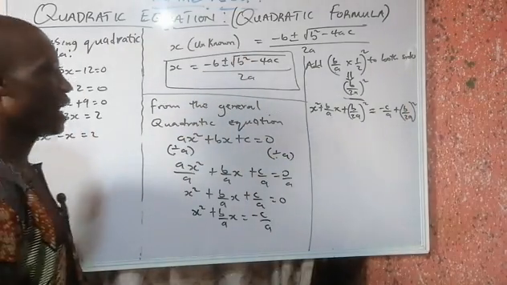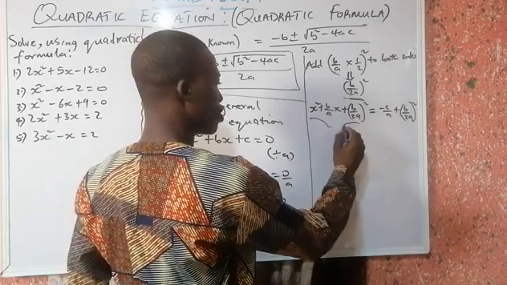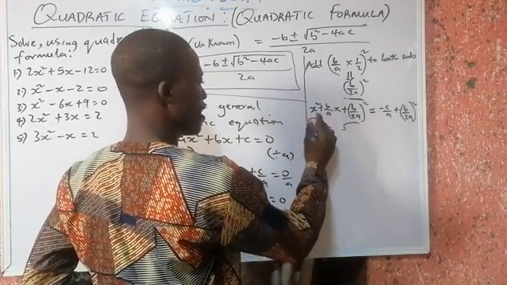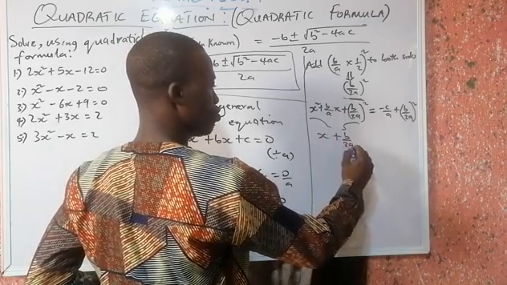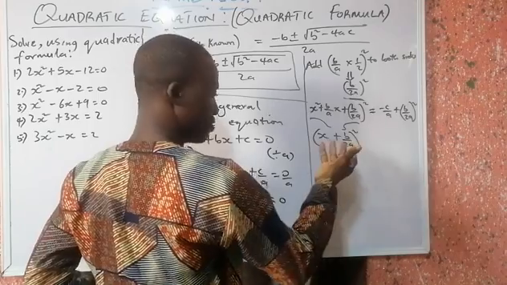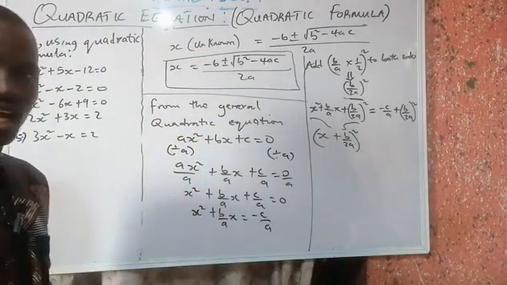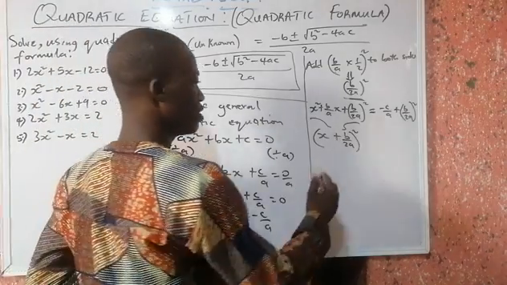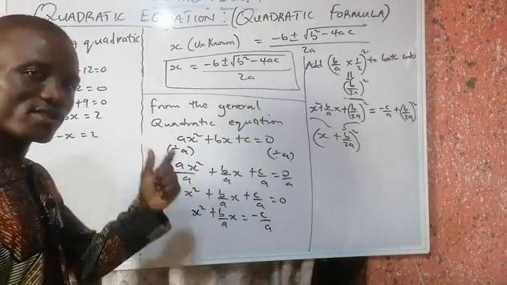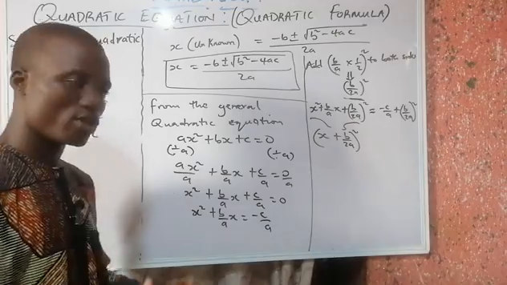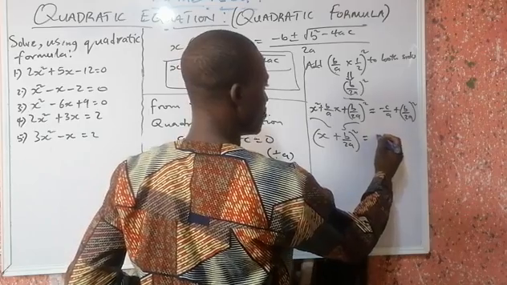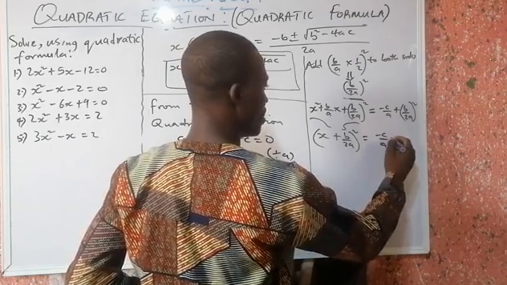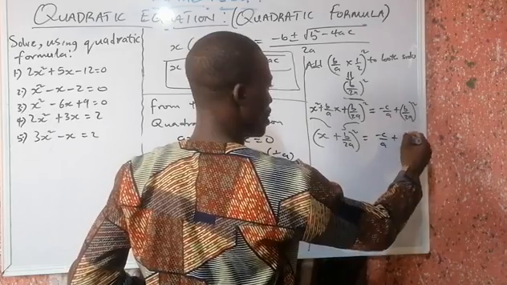All right. And then we can write this in short form now. In short form, we have x, what is inside there is plus b over 2a, then all squared. That has been explained under the completing the square method. So if you have not seen the video, please go back to the video of the completing the square method to check this out. So we have equals minus c over a plus b squared